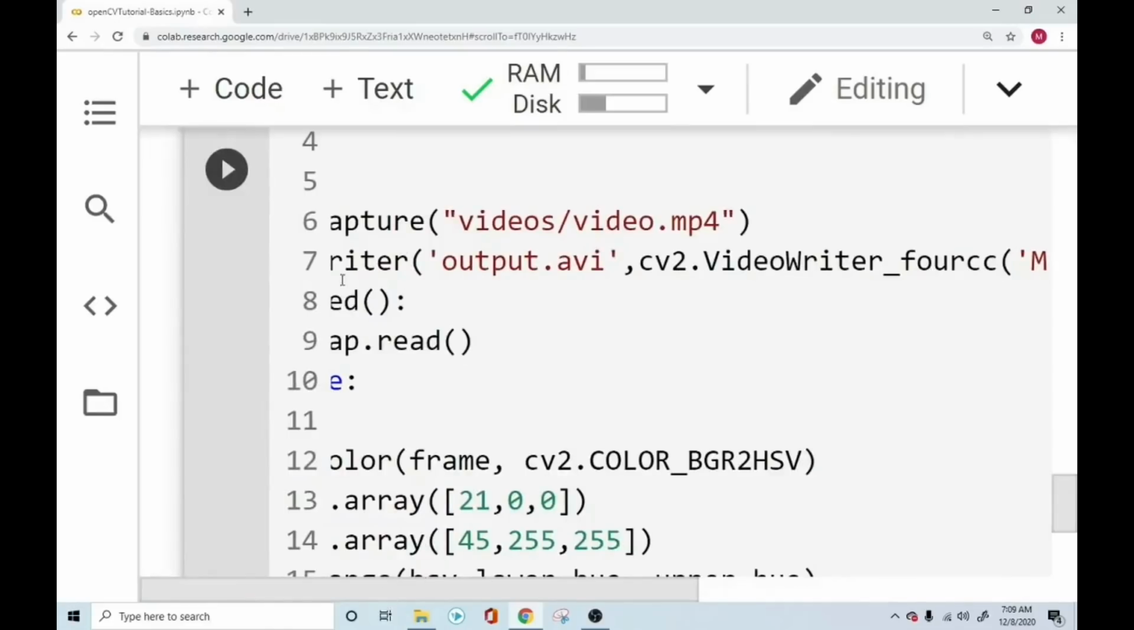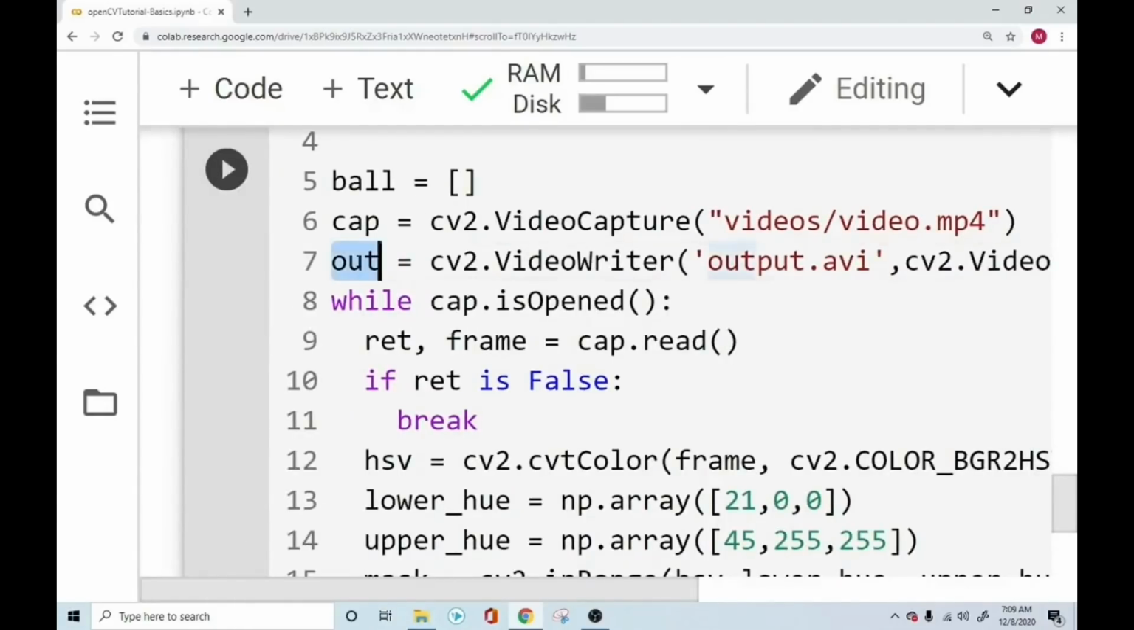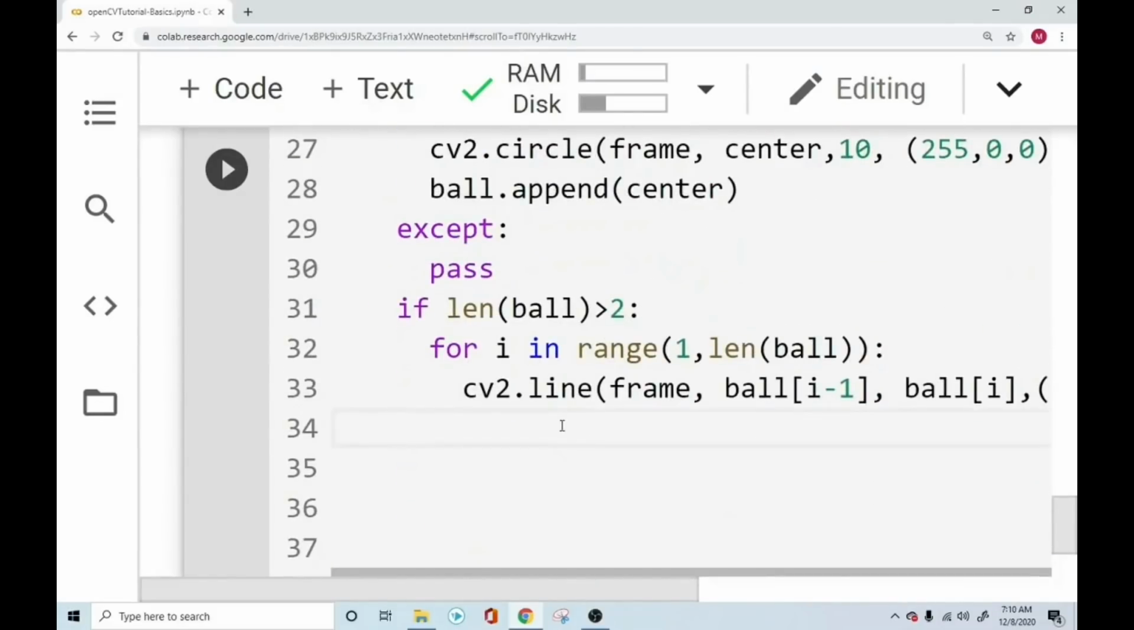Now this output file is able to write whatever frame that you are interested in into this output.avi file, video file. So we have this output function, like we use the capture function, and we use capture.read to read through all the frames. Similarly, this output function is capable of writing the frames. So we can say out.write frame,